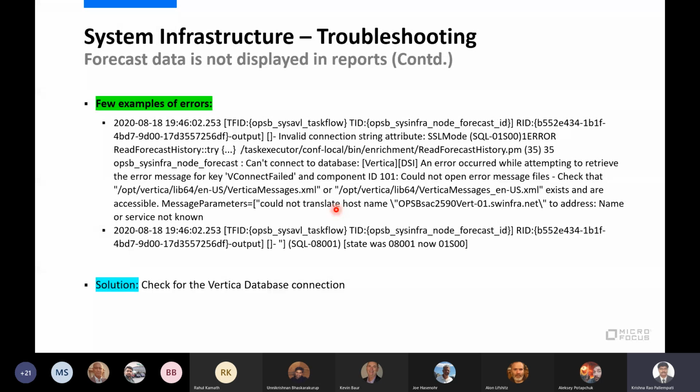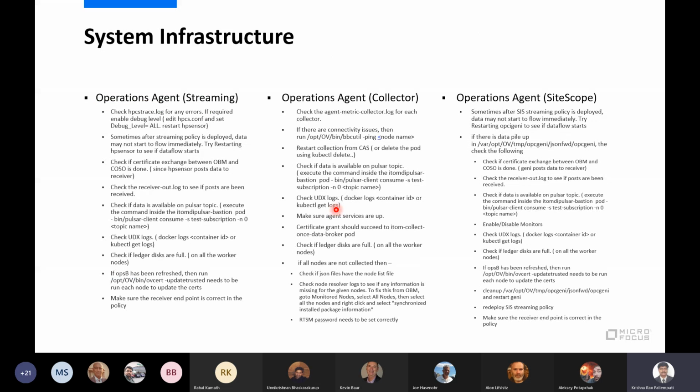If you see here, the flow will start from your agent system. In an agent system, as you all know, it's not only for COSO.